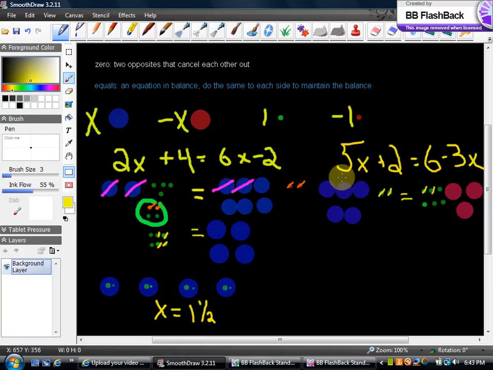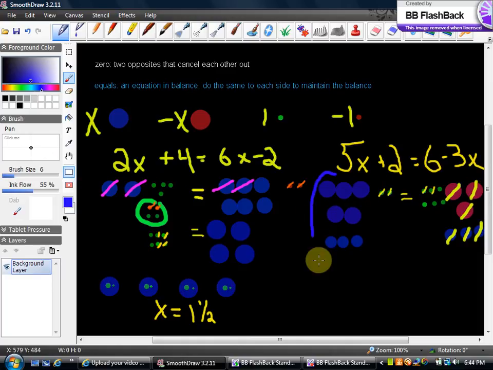Now remember, we want to eventually figure out how much the blues are worth, so there's 2 ways we can do this. I'm going to show you a new way of using the zero principle, which is if I put 1, 2, 3 more on this side, and 1, 2, 3 more on that side, then what I've done is the same thing to both sides. So that's using equals. So last time we used 0 and then equals to cancel out. This time I'm going to use equals first and then 0. Same things both sides. Now I get to do my canceling, because one of these and one of these equals 0. One of these and one of these equals 0. One of these and one of these equals 0,